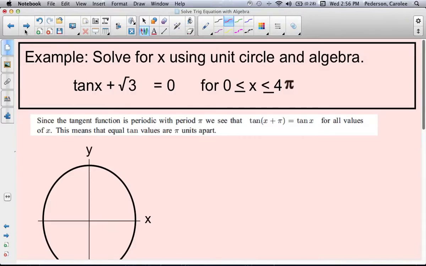Here's another example. Solve for x using the unit circle and algebra. So the first thing we need to do